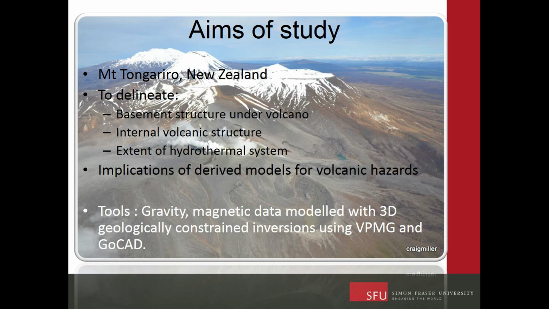We're going to use gravity and magnetic data modeled with, in this case, VPmg and GOCAD, which gave us some advantages over just a constrained version, as we'll see later. So this photo in the background is actually the Mount Tongariro Massif. We've got Mount Ruapehu in the background, Ngauruhoe here, and then Tongariro is this complex system of many vents. And this steam cloud here was the eruption of Te Maari in 2012, and you can see that grey ash is some of the deposit resulting from that.